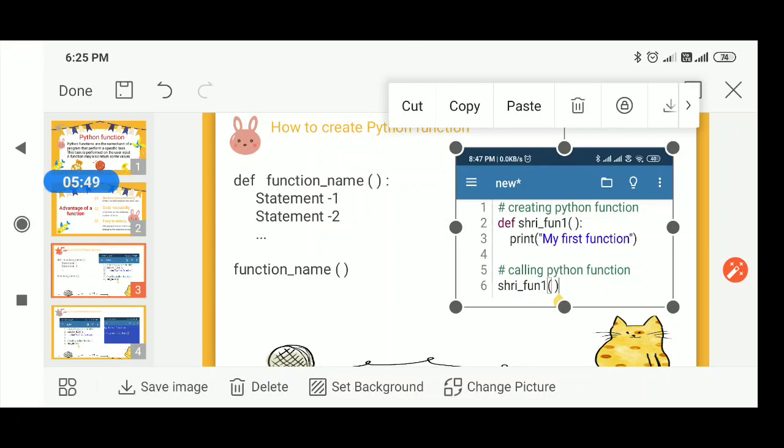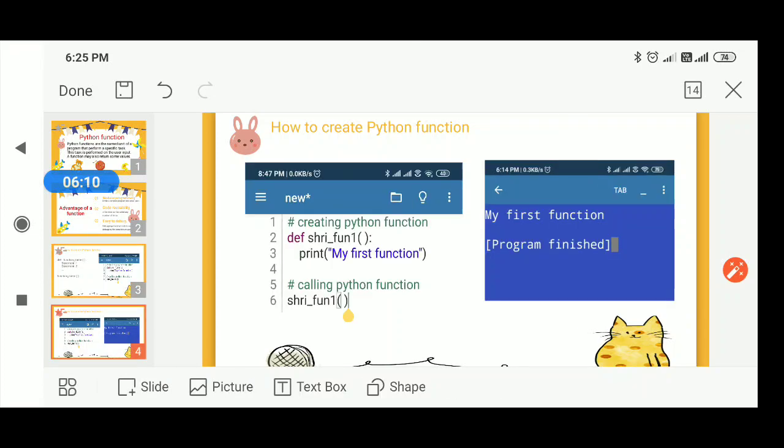To call this function, we have to give the statement shri_fun1 with open and close parentheses. This statement will call the Python function. So now let's see what result we will get.